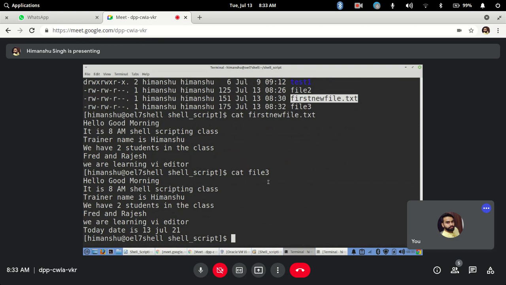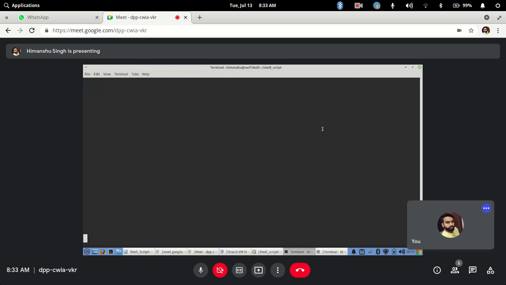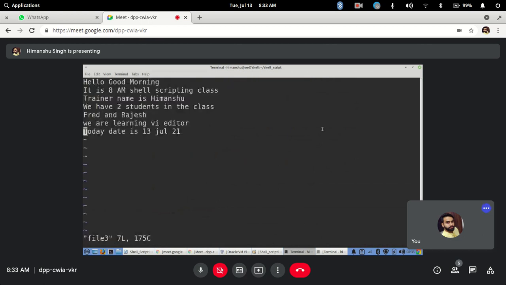Okay, got it. Now let's say I open file 3 only. So we have this much data in this file 3. You can move depending upon your arrow key or whichever we have seen, j at jkl. You can also do 2j. If you want to move 2 lines, 2j. See, earlier the cursor I was moving 1 at a time, right? Let's say I am at today.